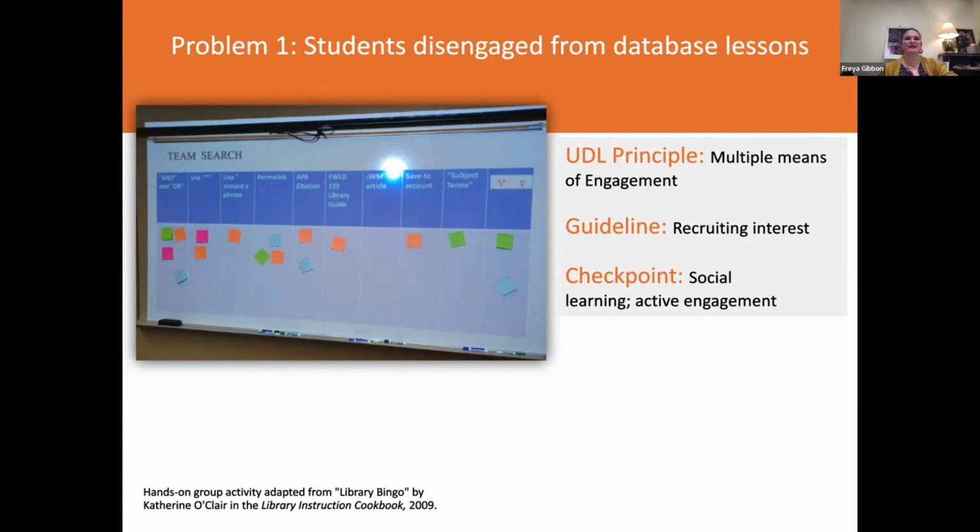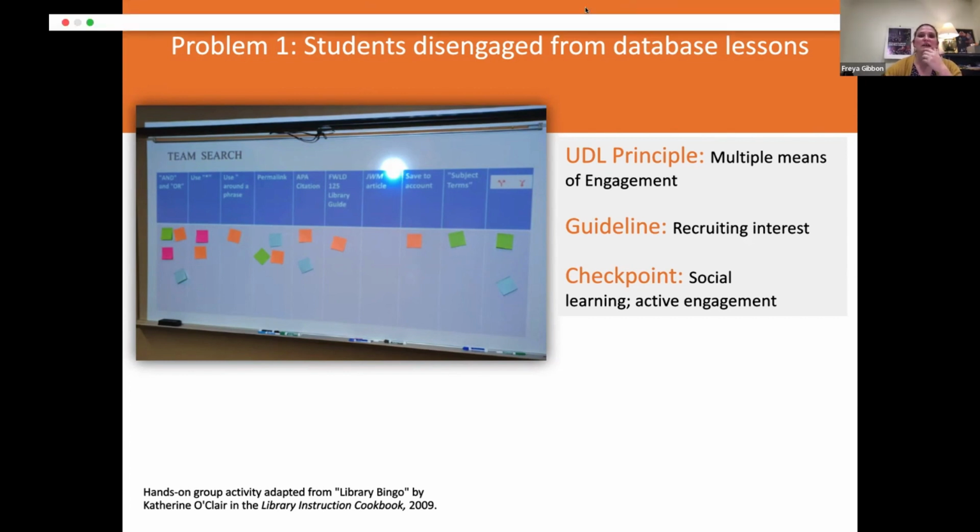So this is a redesigned lesson. You can see I started, when I started 2 years ago here, with basic database lessons, and in the example that I have something called Team Search, and this is actually adapted from something I got out of the library instruction cookbook, which I really just liked a lot of those different options that people offered. And